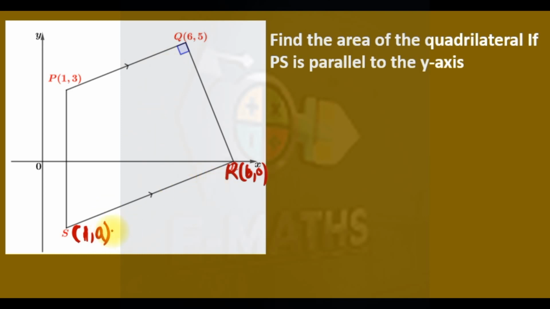So we need to get the values of a and b so that we can get the length, distance SR, and this. From there we can solve the area. And this line is parallel to this, and that same line is perpendicular to this. So what will come to our mind is the slope of this line and this line. So from here, the slope of line PQ